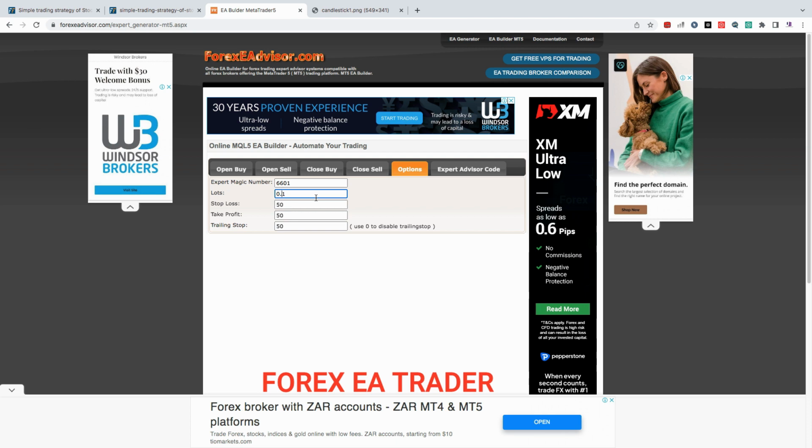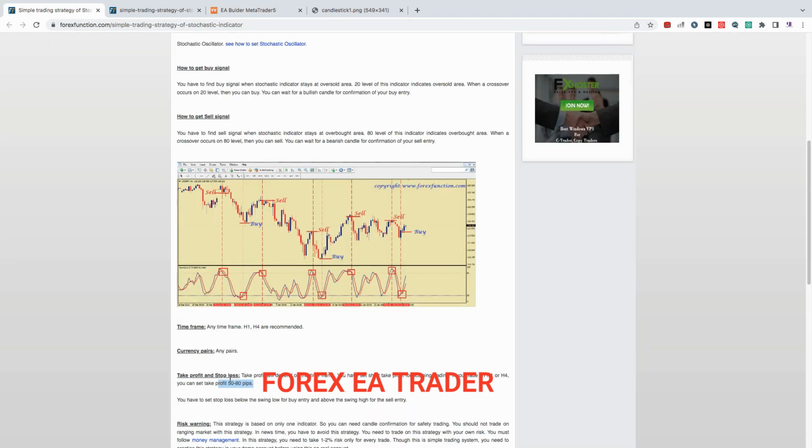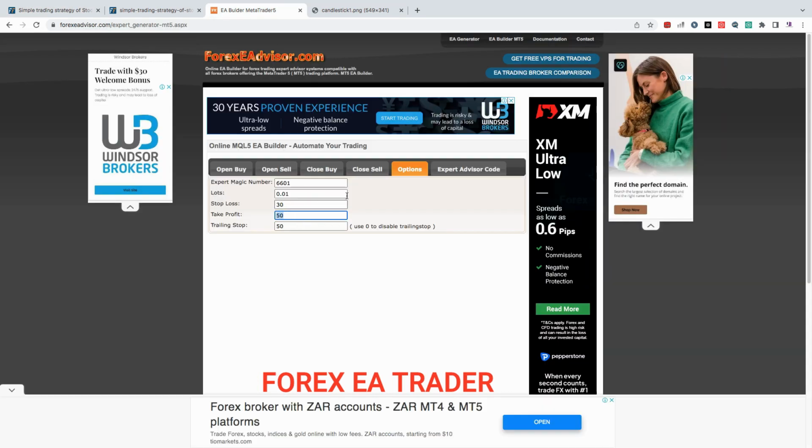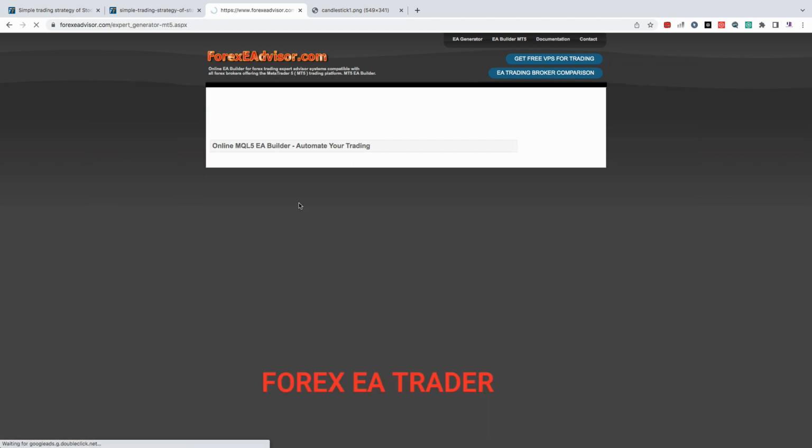Lot size, you can use the lot sizing that you choose. And in terms of stop loss, maybe we just keep it at the textbook one. Take profit, what did they say? 50, between 50 and 80. That's what they gave us there. The danger though with this EA builder, the robots that you make with this EA builder, is as long as these conditions are valid,